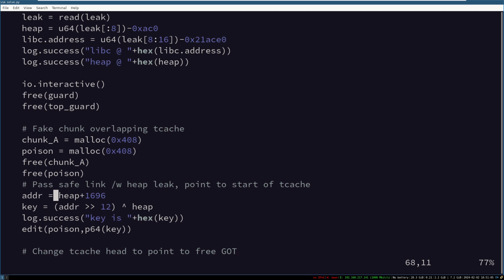But yeah, we see we're going to request our two chunks, chunk A, and then our poison chunk, which is going to be the chunk that will overlap with the Tcache. Where in here am I? Free chunk A, free poison, so that way they are now linked in a free list. And now we're going to use our write after free to edit the free poison chunk and overwrite its Tcache FD to point back into the Tcache, and then request a chunk until we get that Tcache chunk,